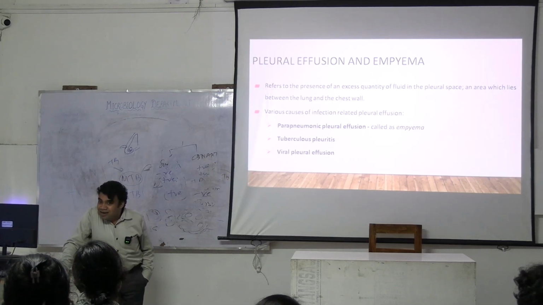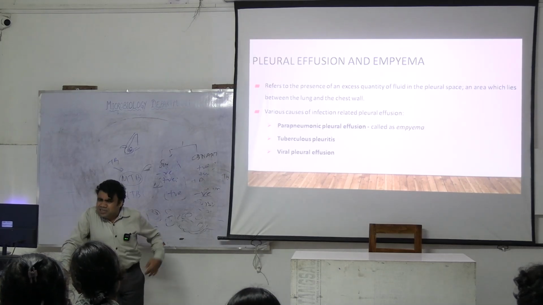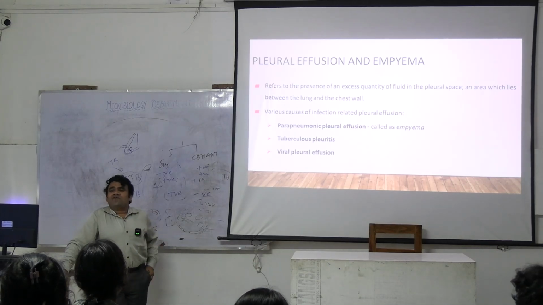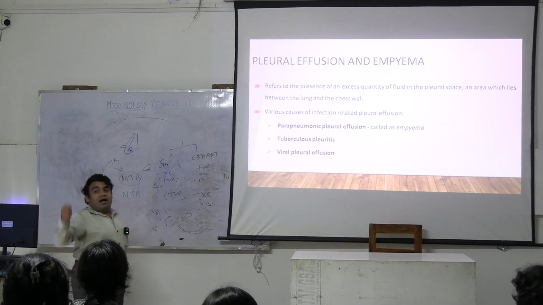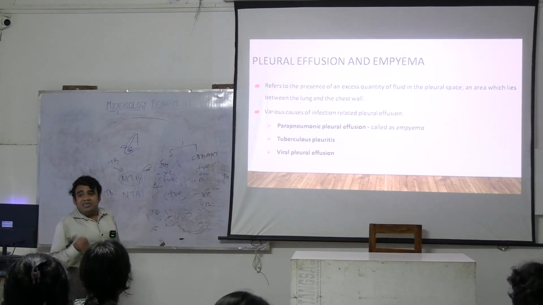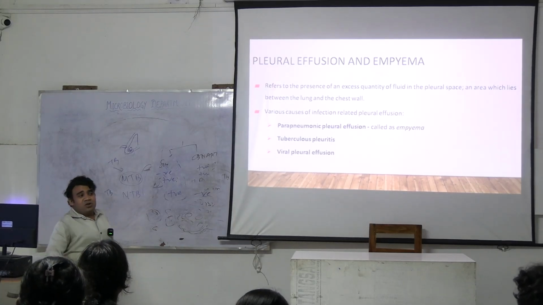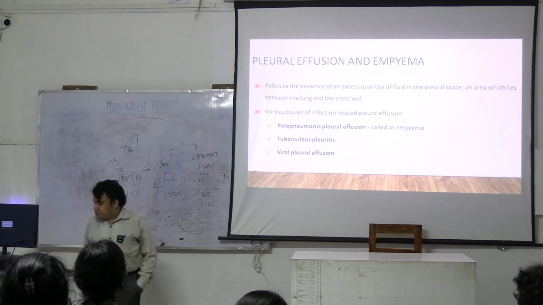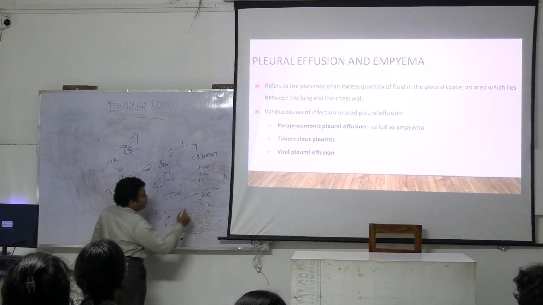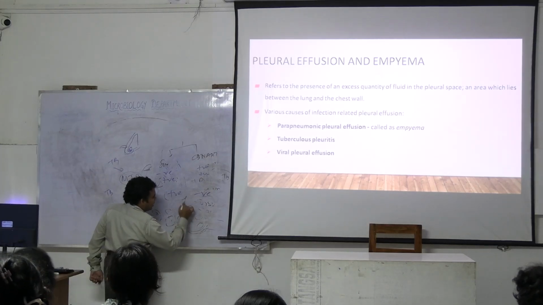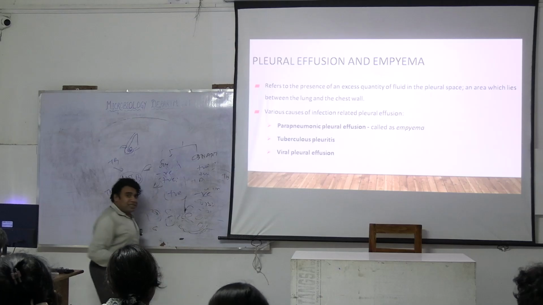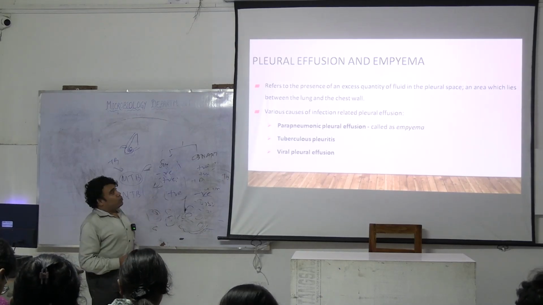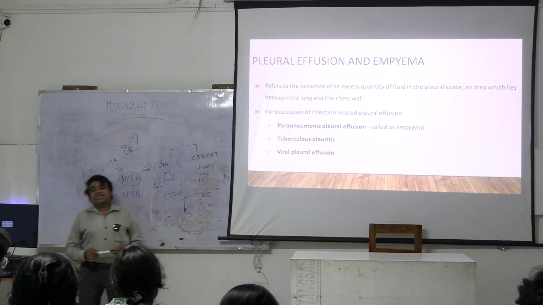মিডিয়াস্টাইন তো মাঝে, না, সাইডে, ওটাকে বলে কস্টোফ্রেনিক অ্যাঙ্গেল, CP অ্যাঙ্গেল। তো এক্স-রেতে যদি কস্টোফ্রেনিক অ্যাঙ্গেল অবলিটারেটেড হয়, অবলিটারেটেড মানে ভাবো এই তো পিকচারটা, এই ডায়াফ্রাম, এই যে অ্যাঙ্গেলটা, এই অ্যাঙ্গেলটা যদি দেখতে না পাও তার মানে excess pleural fluid আছে. Now this excess pleural fluid could be synpneumonic or